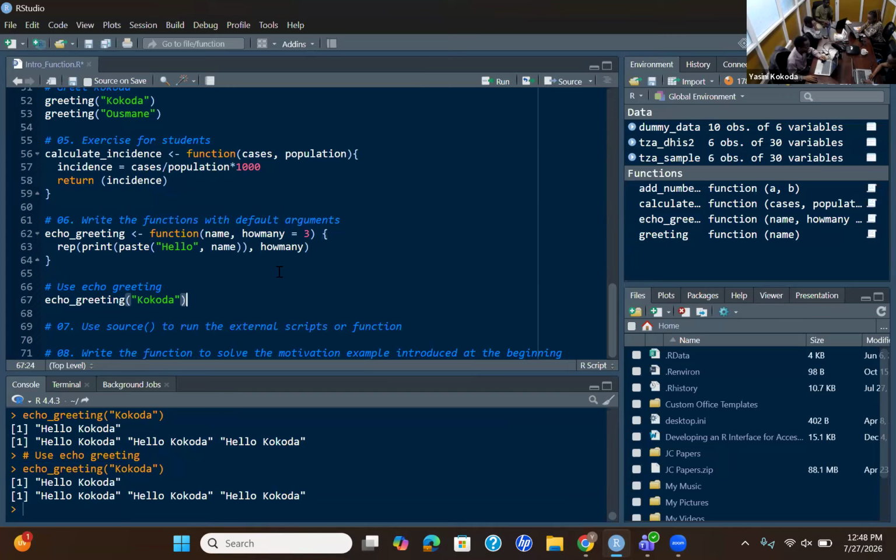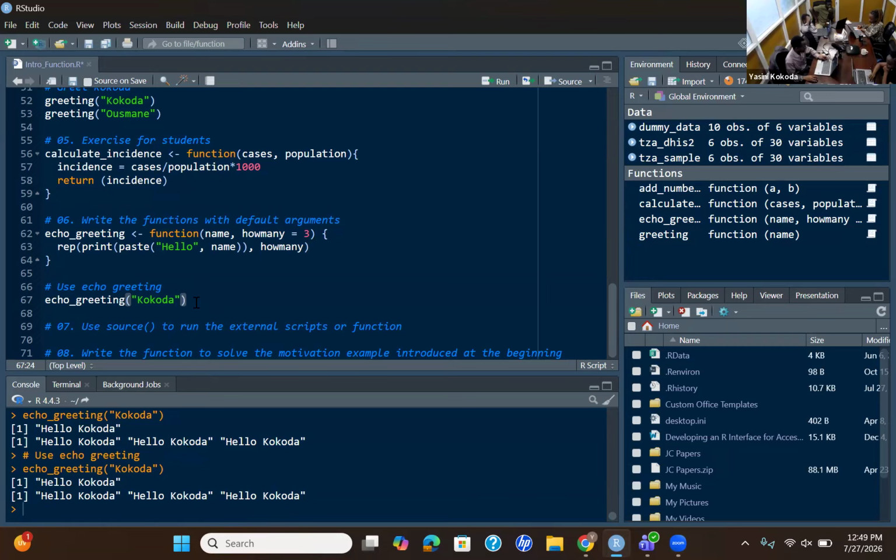Or is it because you're using print and paste? Could it be because you're using both print and paste? Paste is combining the 2 strings, and print is the one which is bringing the output. Anyway, no problem.